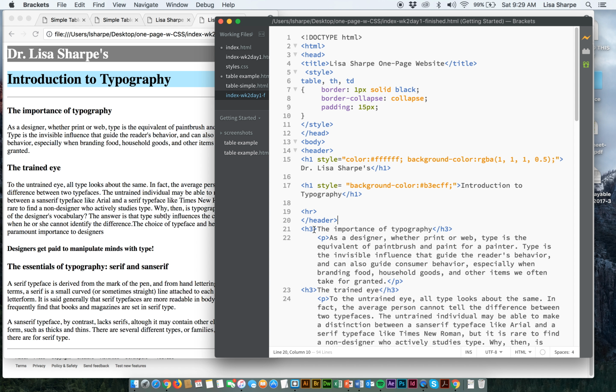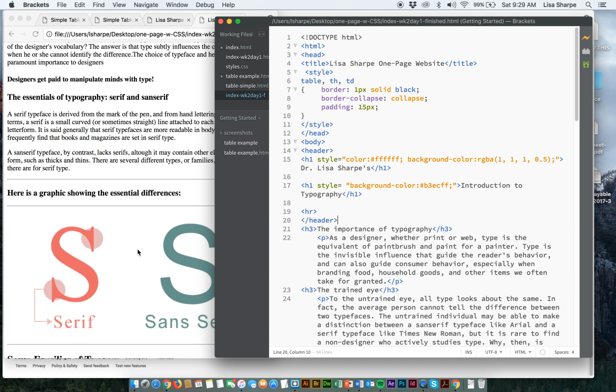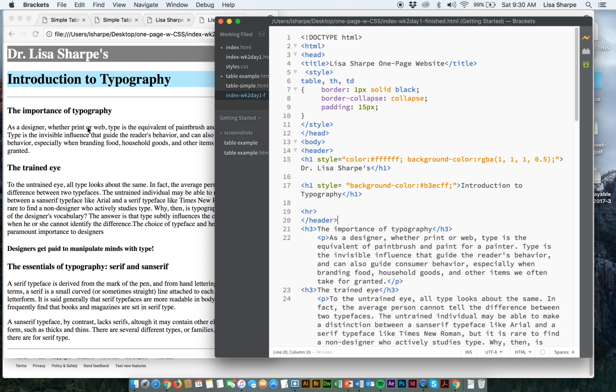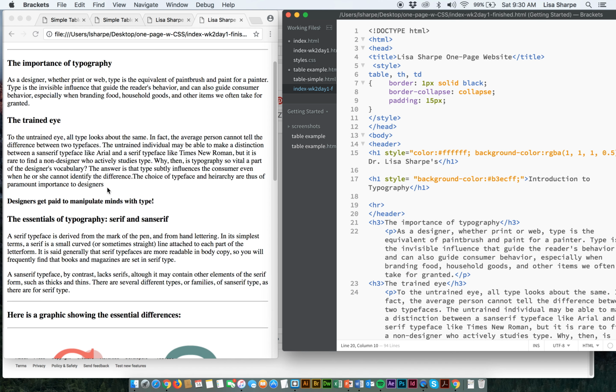Okay, now I have called out the importance of typography as just an H3 and all of this as a paragraph. So instead, I'm going to look at this, and we have to decide whether this is main content, whether it's an article, or whether it's a section. All right, so I'm going to ask you, I know what I want to do with it, but